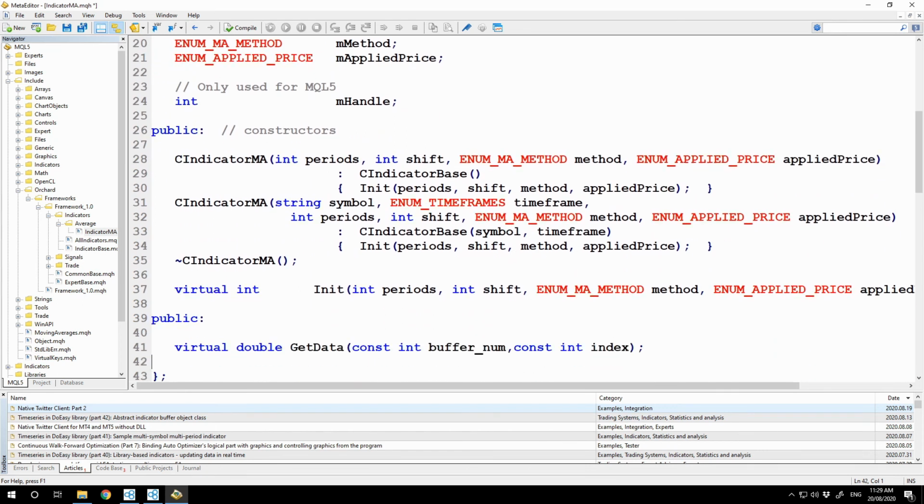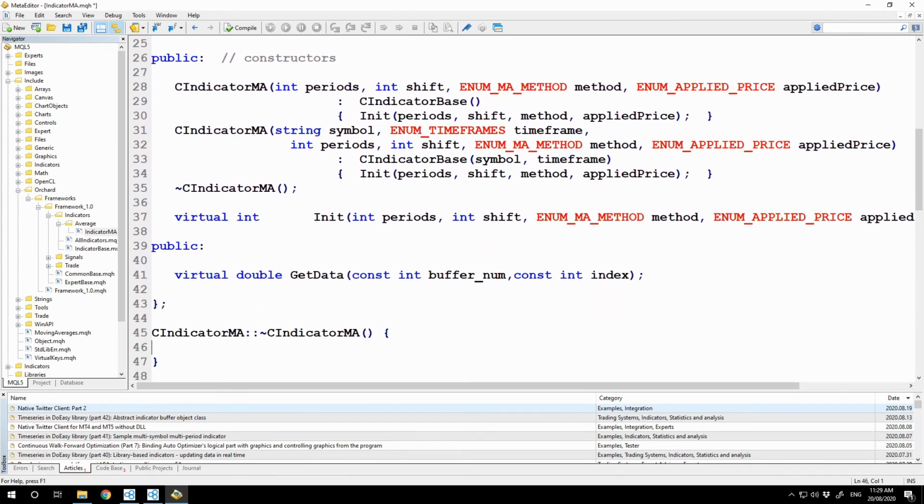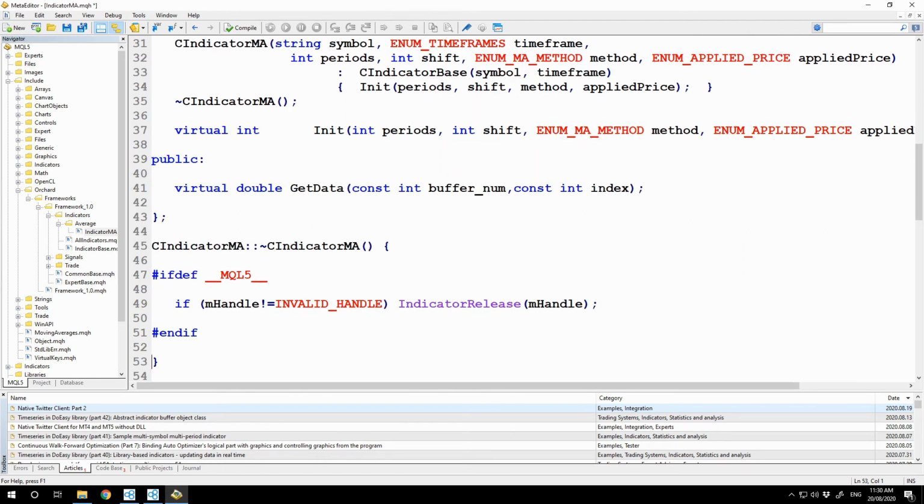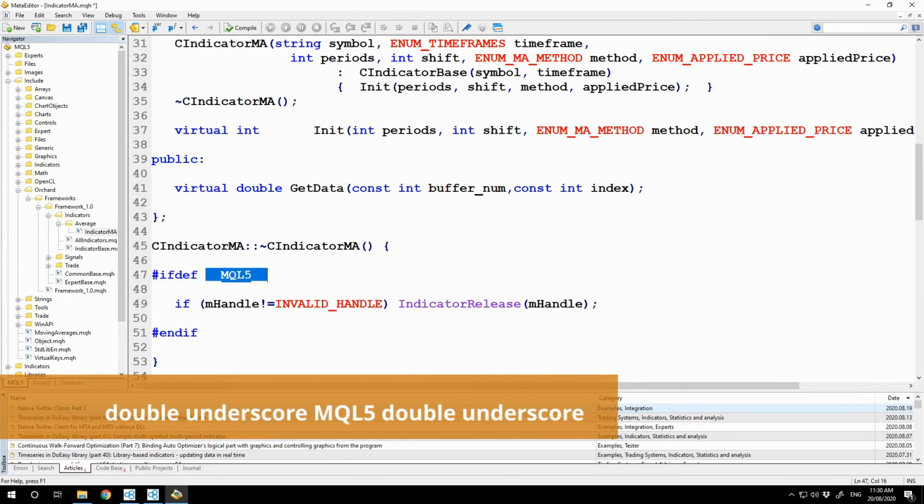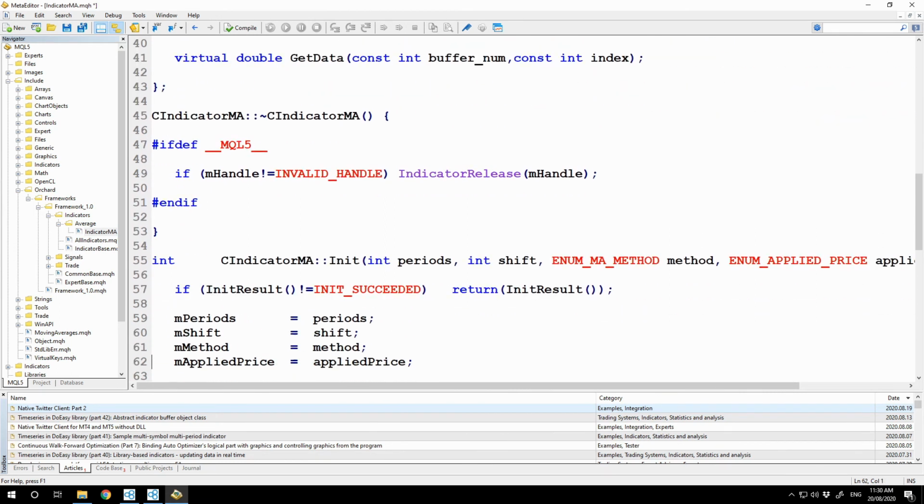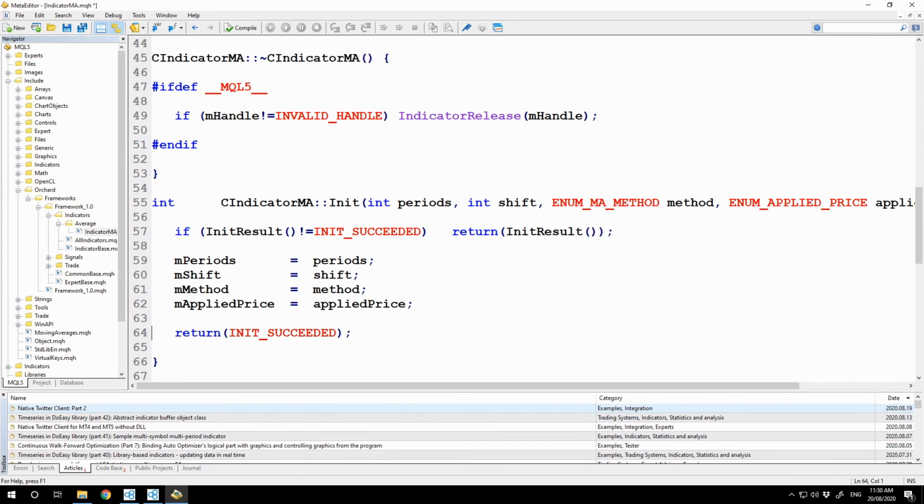In the destructor, I'll need to remove that if this is MQL5. So I'm going to put that inside a compiler condition. So if def MQL5, then as long as the handle is not an invalid handle, I'll call the indicator release method for the handle. And the reason I've put this inside the compile condition is that that function would fail in MQL4. Then in the init method, because I have to assign a handle to the indicator,